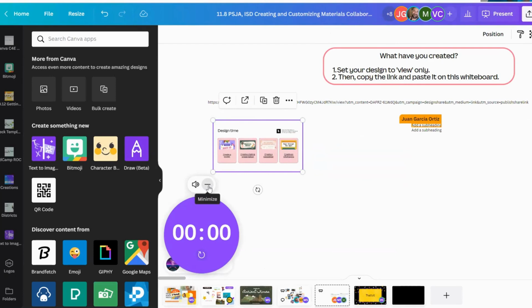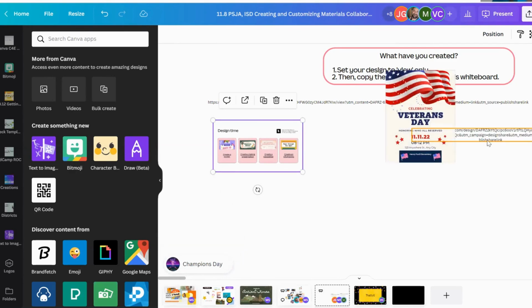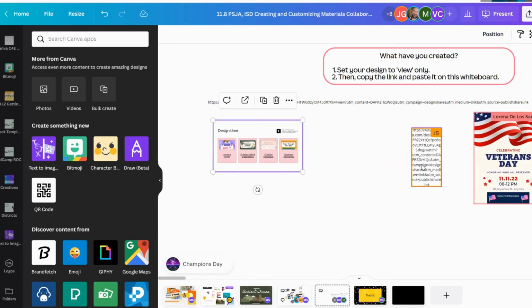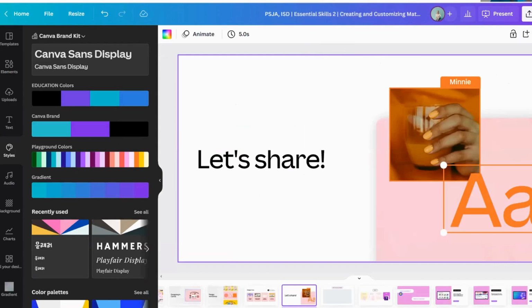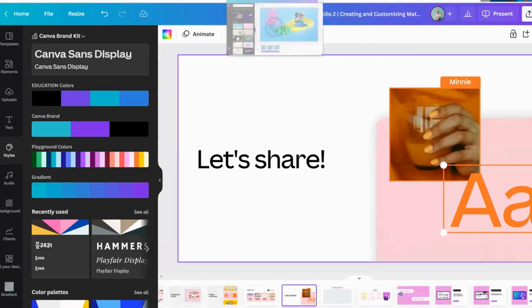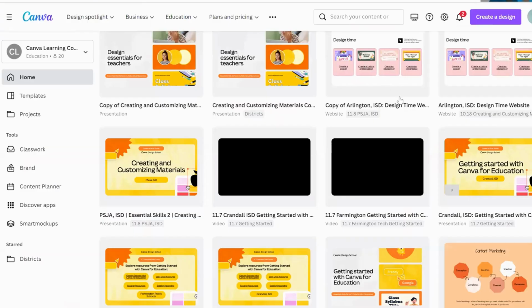Okay, so you don't need any text at all. So you don't have to add a subheading. So I'm going to back up just a little bit. For those of us who are pasting a link, just hold off on that for a second. If you can just watch my screen for a quick second, you don't need to add text. However, that's typically what most people would think to do. So there's nothing wrong with that. I just want to show you a fun way to do it so that you can